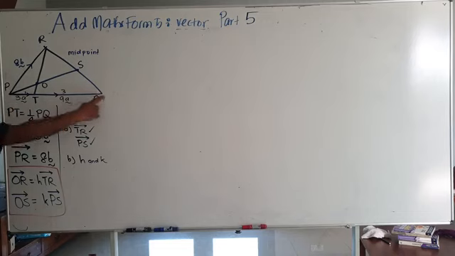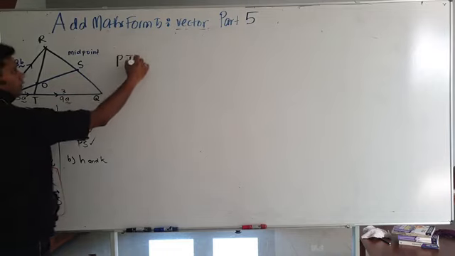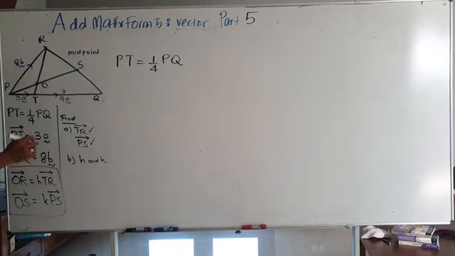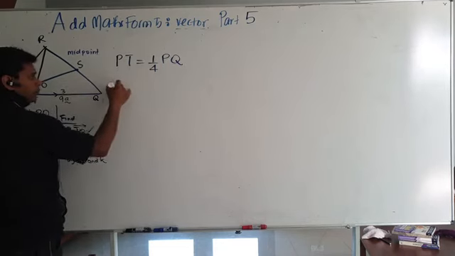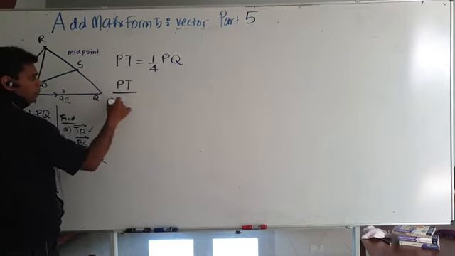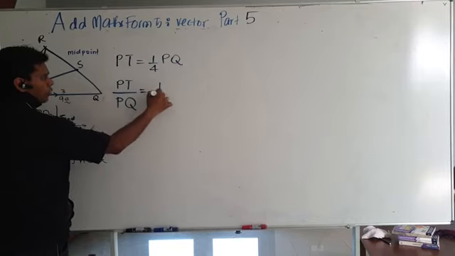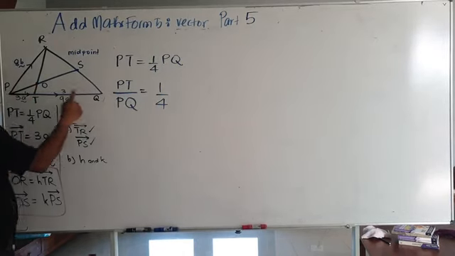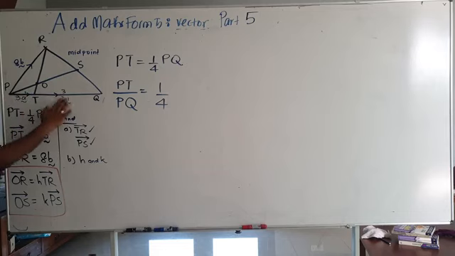Right, so this is the diagram. Okay, PT is given as 3A. Now take a look at this. This is actually PT equals 1 over 4 PQ. So this is how they'll give you an exam. What you need to do is bring down this PQ here. So it becomes PT over PQ is 1 over 4. Can you see that? Which means PT is 1 ratio, PQ is 4 times bigger. So given was only 3A, but because this is 4 times, the whole thing must be 12A. So this part will become 9A.